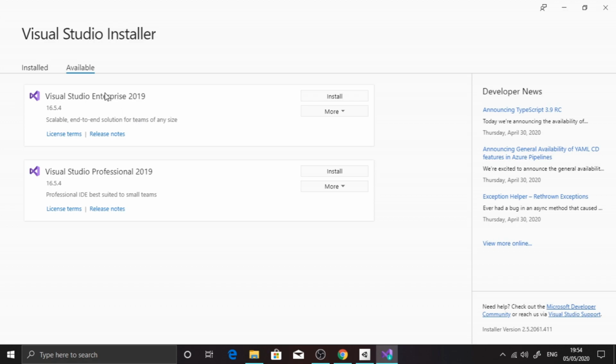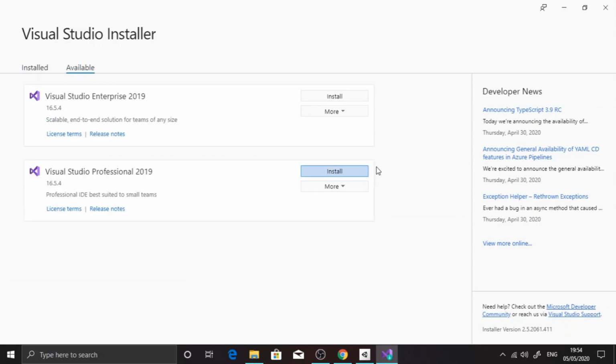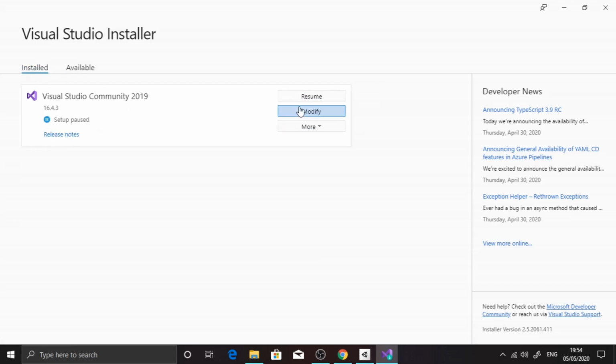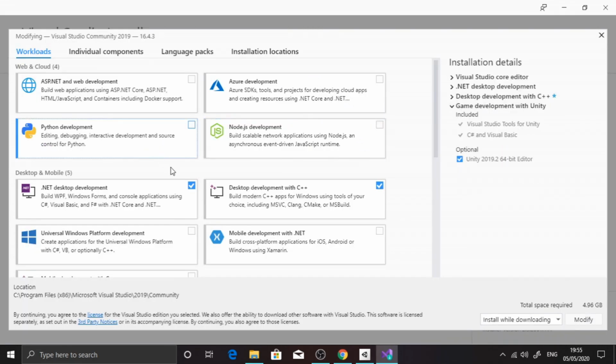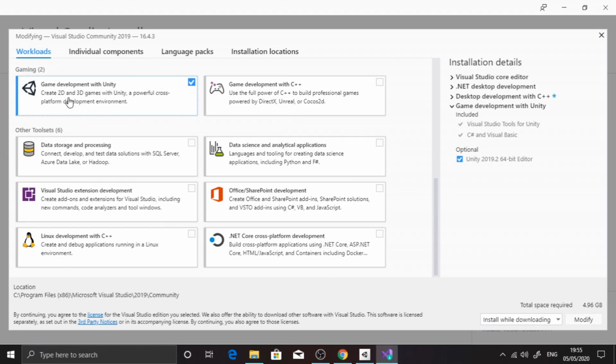Now in the available tab, you will have three options. I have two because I have already installed the community version. Just click on the install next to the community version. And after that, you will be taken to this page. Now in the workloads tab under the gaming section, make sure you check game development with Unity.